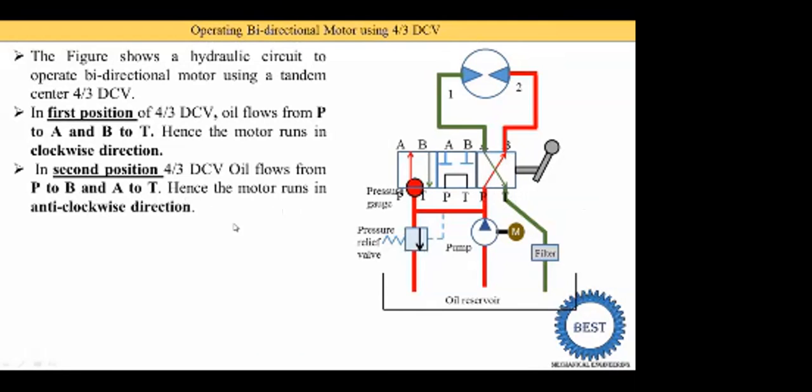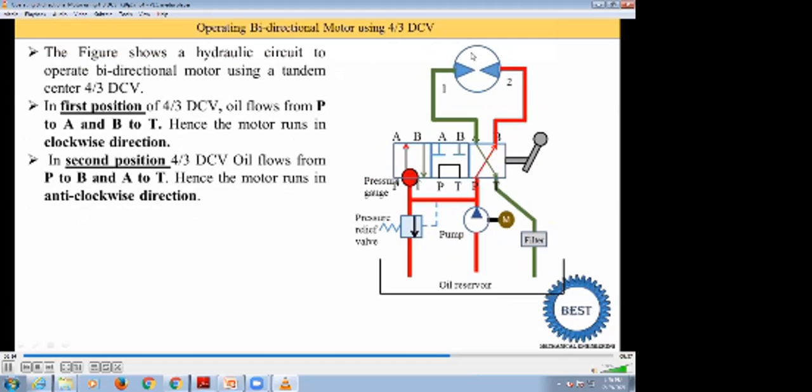Now how does the motor run anti-clockwise? The pressurized oil coming from the pump comes in the P port. Then it is supplied to the B port. From the B port here you see this red color line has changed. Okay. In the earlier case we drew the red color on this side. So pressurized oil flows to this right side of the bidirectional motor. So this oil strikes the vane of the motor and the design of the vane is such that if we supply the oil from this side, then it rotates in the anti-clockwise direction. So for this oil supply we need some output of the oil.